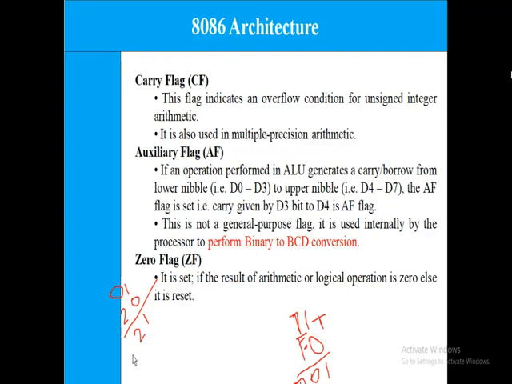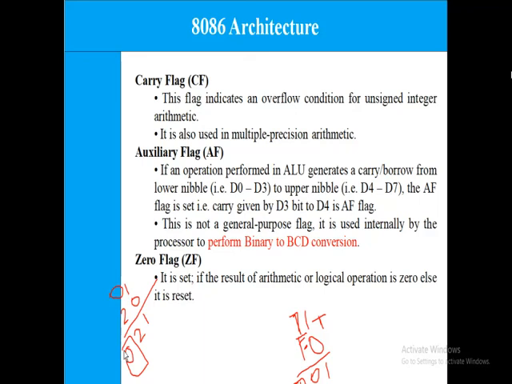No, there is no carry, that is 0. Then this carry flag will contain 0. It will be reset. Reset means the content in that flag will be 0, and set means its content in that flag will be 1.